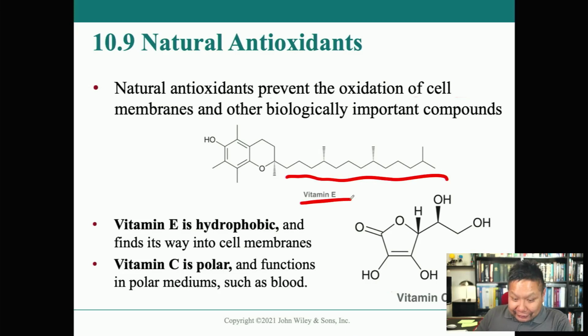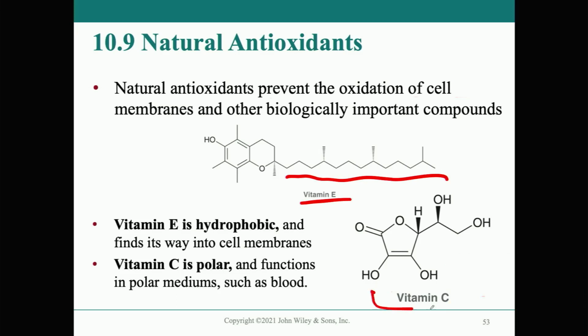Anyway, another very commonly known antioxidant is right here. There we go, vitamin C, right? Vitamin C, also an antioxidant. And this is much more polar, so it gets dissolved in your bloodstream, in anything that's aqueous, right? So your blood plasma is aqueous, right? And so vitamin C, I think, is also known as ascorbic acid, right? I'm pretty sure vitamin C prevents scurvy, right? And that's why, like, the story goes that